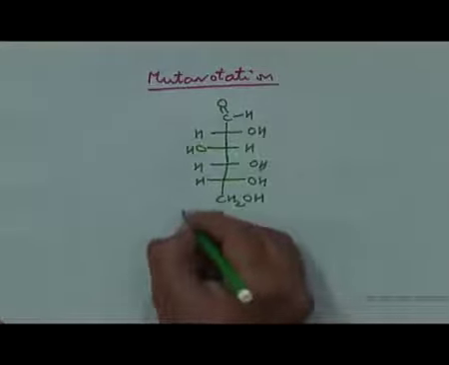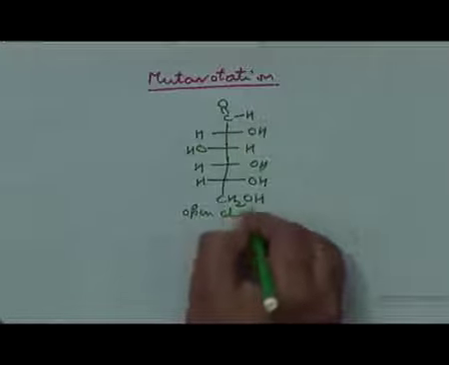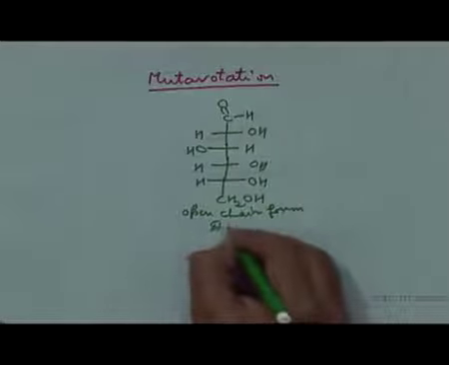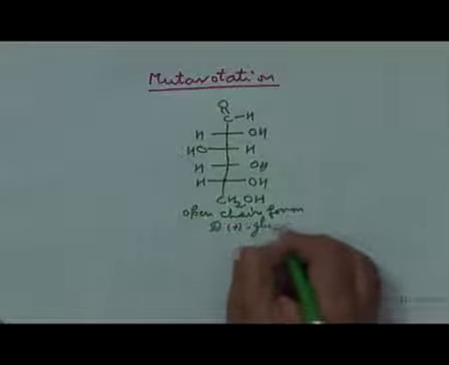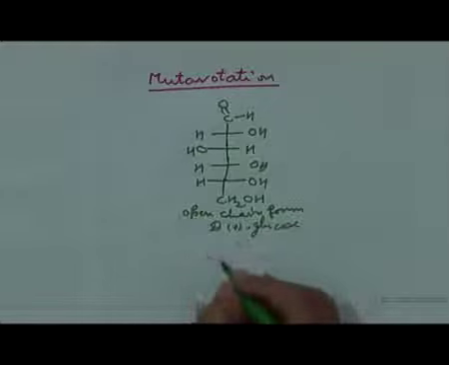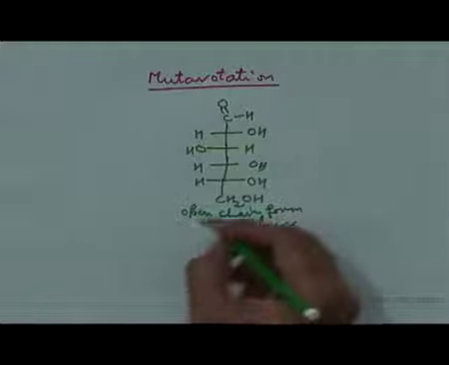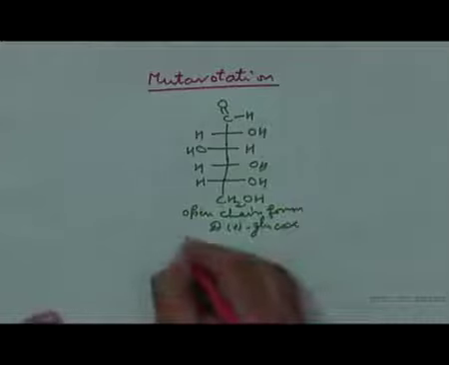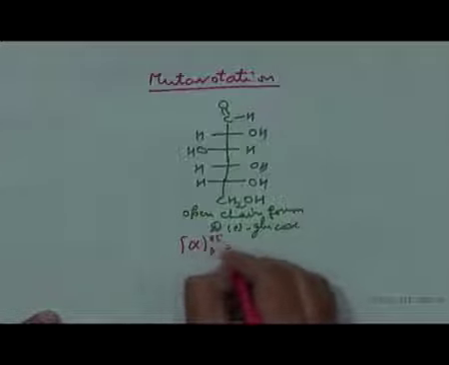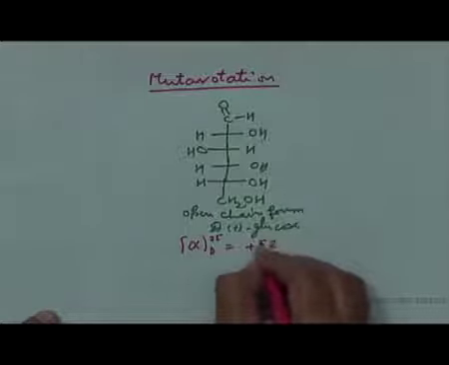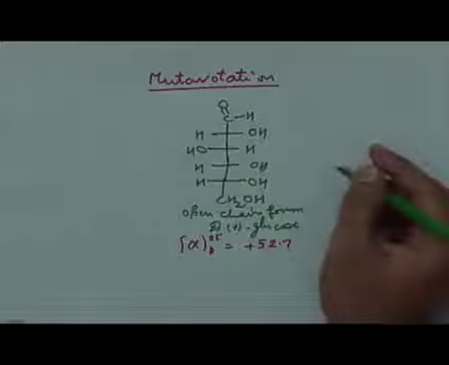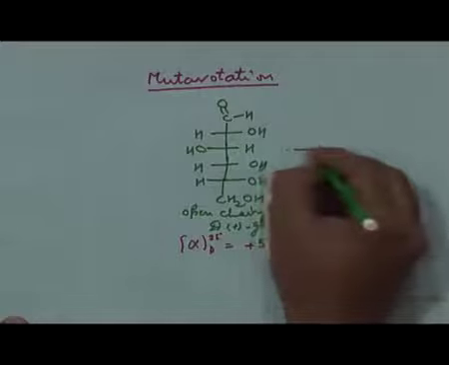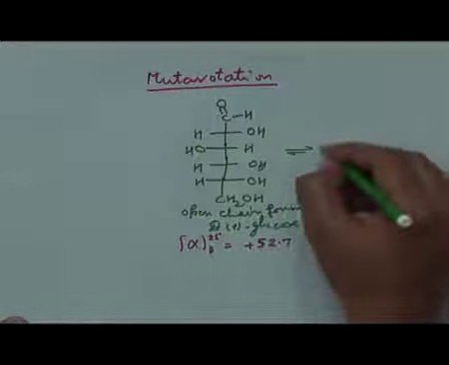So, this is the open chain form of D-glucose, and this open chain form has a specific rotation of plus 52.7, whereas I also showed you the cyclic acetyl structure, and the cyclic acetyl structure I am drawing here